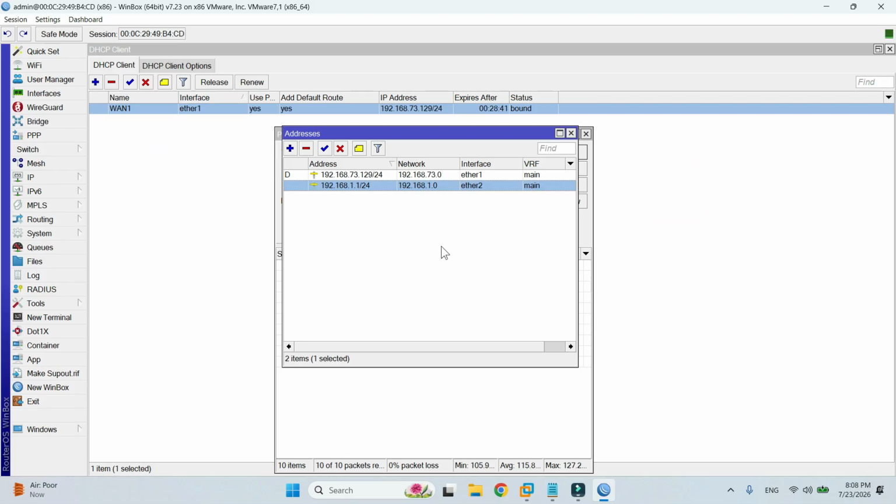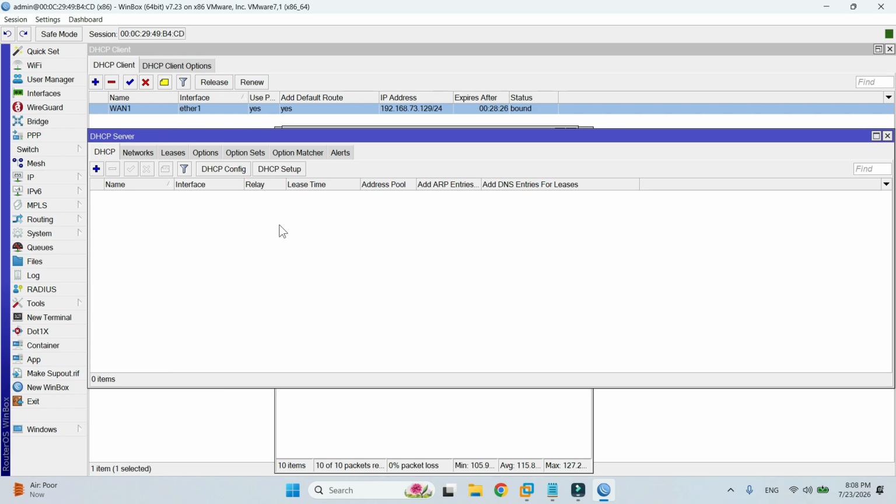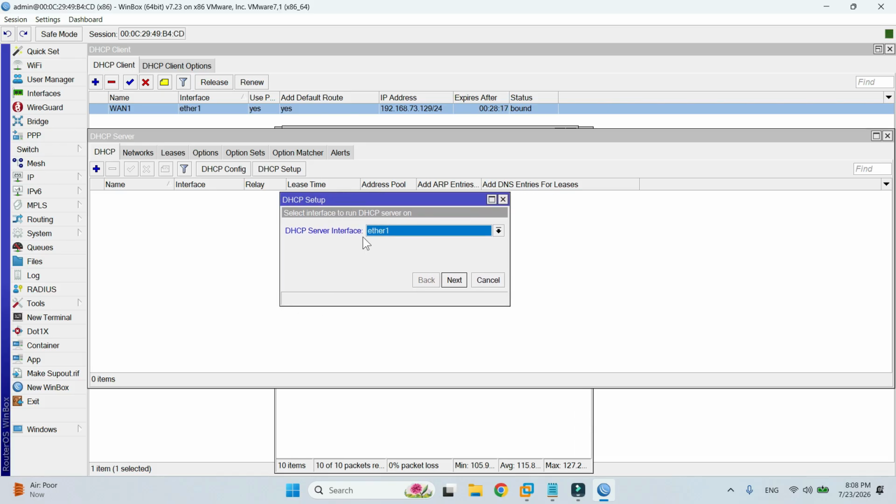Step 5. Setting up the DHCP server. It allows devices on the internal network to receive IP addresses automatically. We open the following path: IP, DHCP server. We click DHCP setup. We select ether 2 as the interface and continue through the setup using the following values: DHCP server interface ether 2, DHCP address space 192.168.1.0/24,